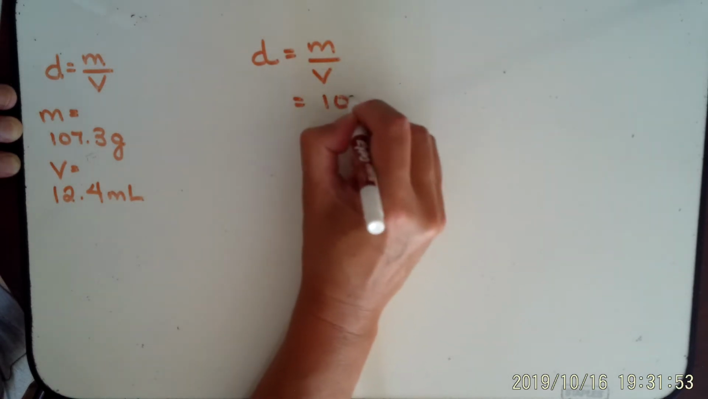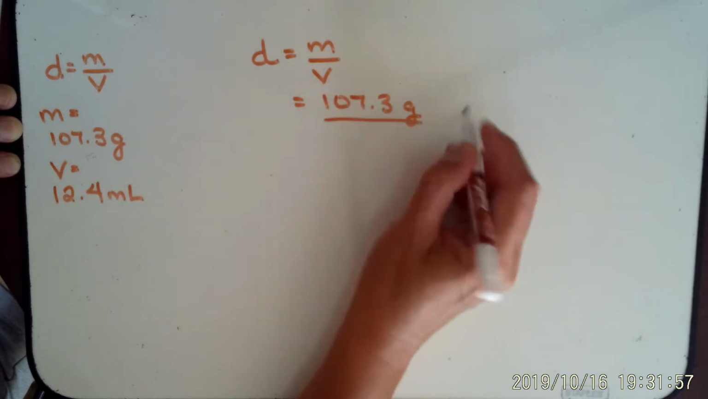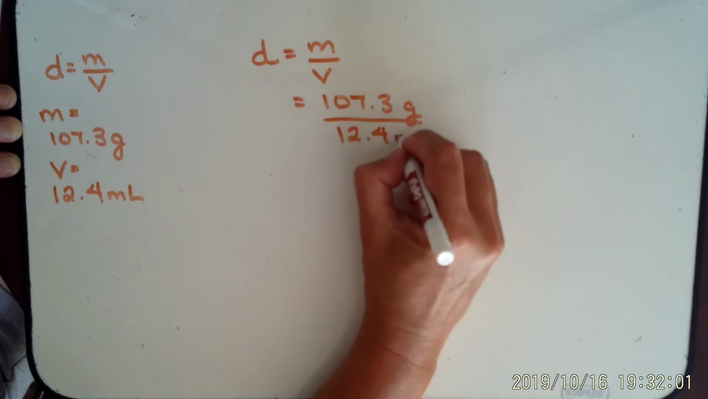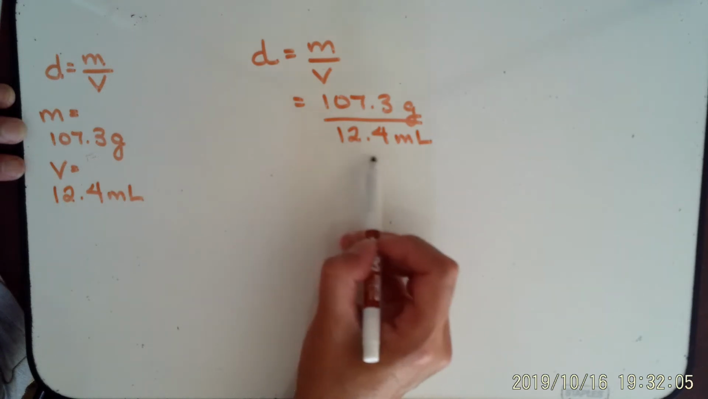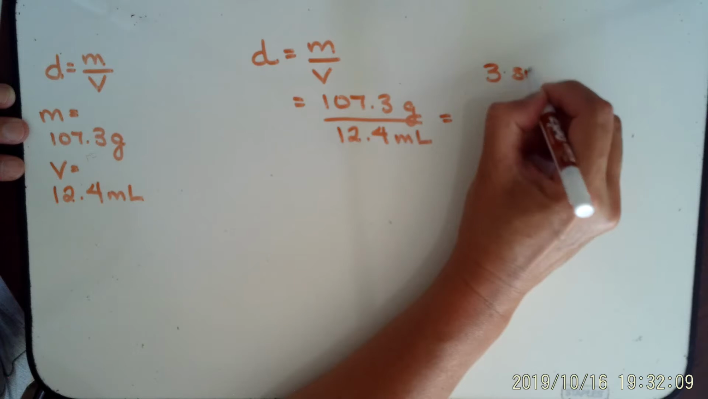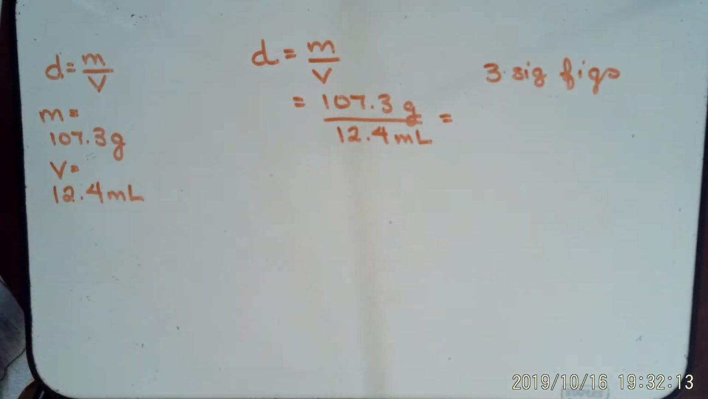So we know that object's mass is 173 grams. The volume is measured to be 12.4 milliliters. Top is 4 significant figures, the bottom is 3. So our final answer should have 3 significant figures. Okay, and let me get my calculator. 107.3 divided by 12.4, and we get